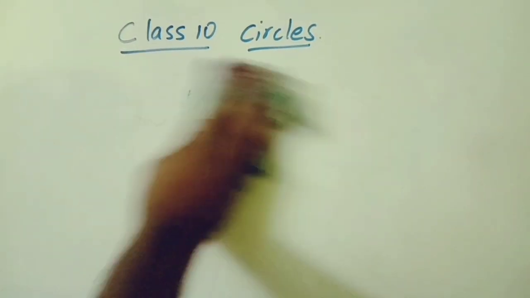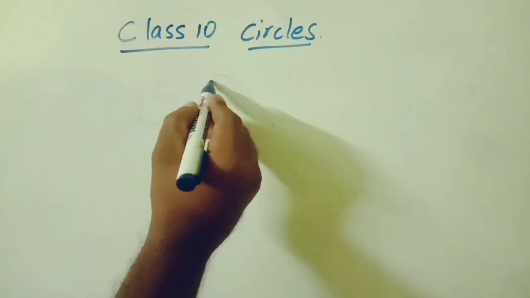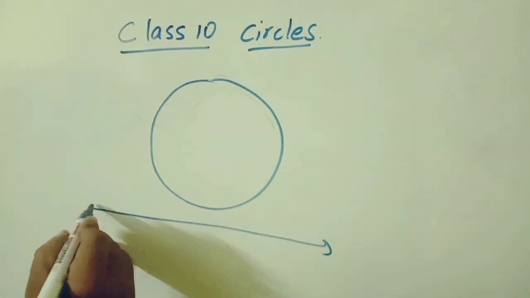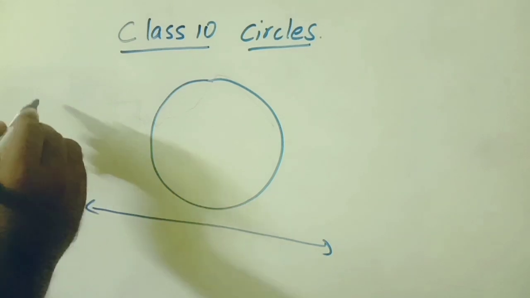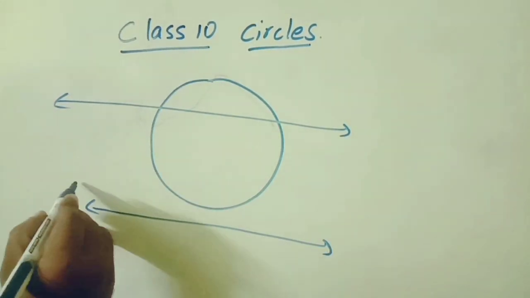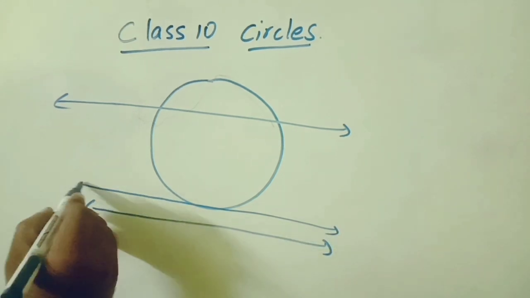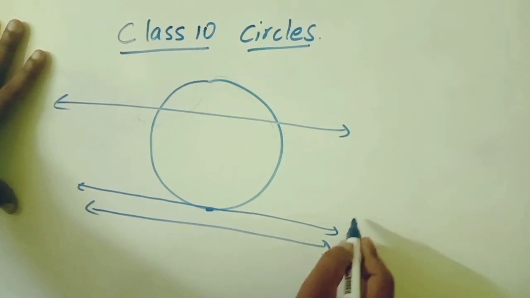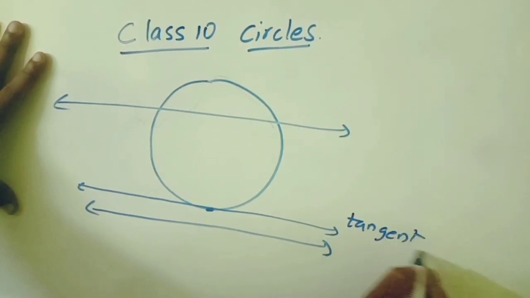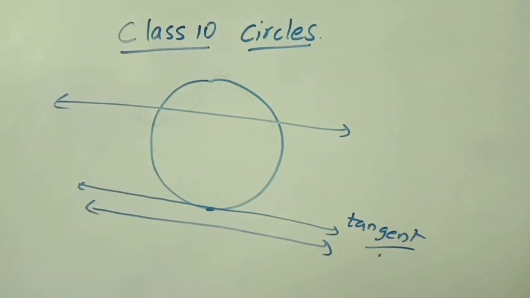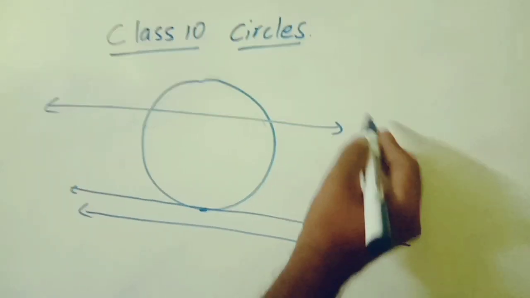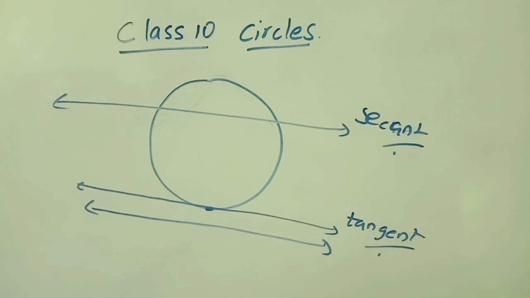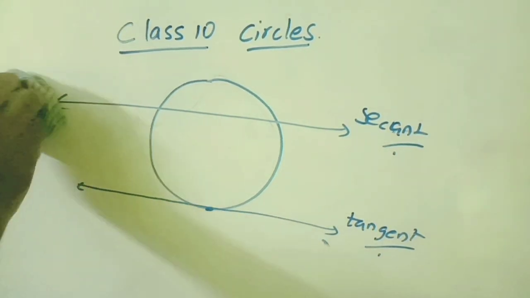Okay. Now, what are tangents? Let us say this is a circle. A line which does not disturb a circle, a line which cuts a circle, and a line which just touches a circle. There are three different lines. Now, a line which touches a circle is called a tangent, and in this chapter we are going to discuss a lot about this tangent and its properties. A line which cuts a circle is called a secant. Now, let us discuss more about tangents in a very short time.